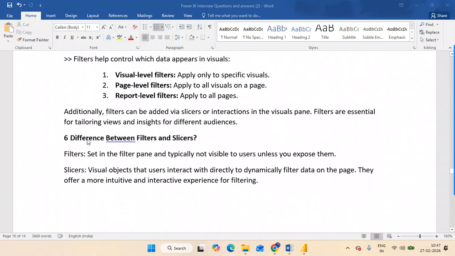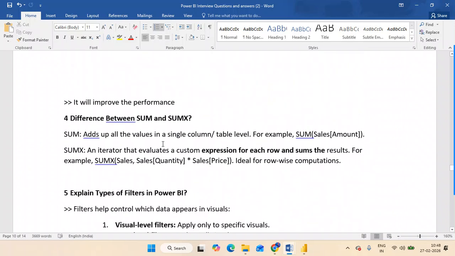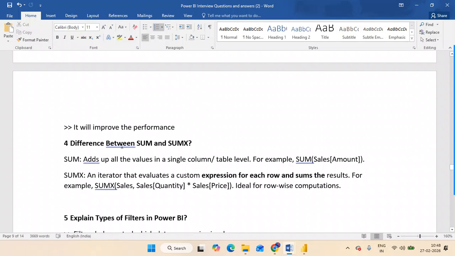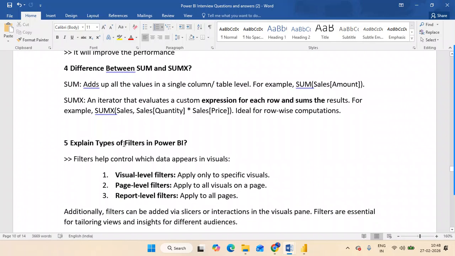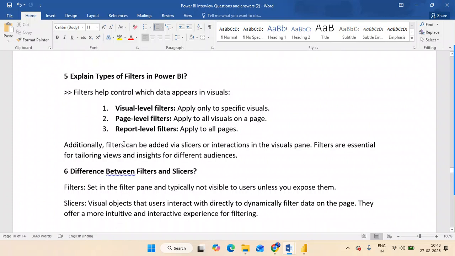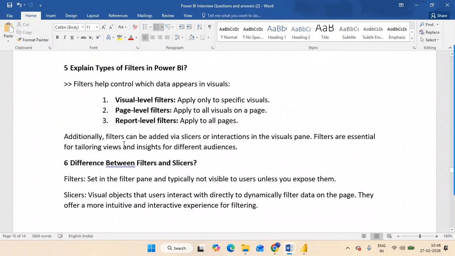And what is the next question? These are very real-time interview questions. In every interview, they will ask you only these questions. You should be very clear about them. Even if you have any doubt, you can ask me. Just understand, don't memorize the questions and answers by heart. After understanding, create your own answers by typing them or writing them in your notes, and prepare on that. That would be very easy to express.